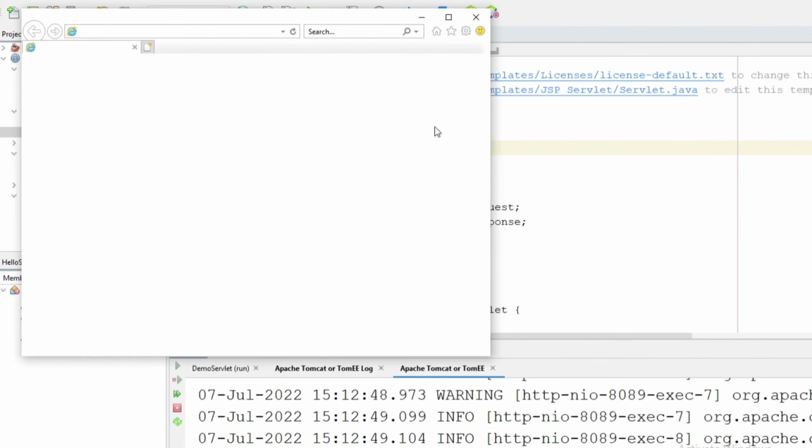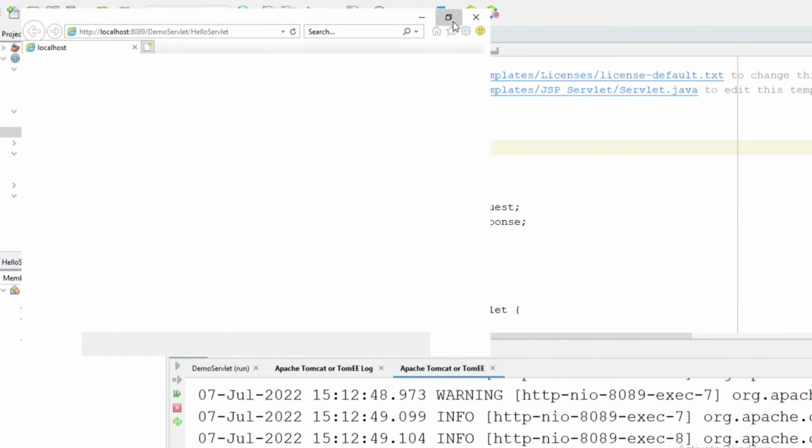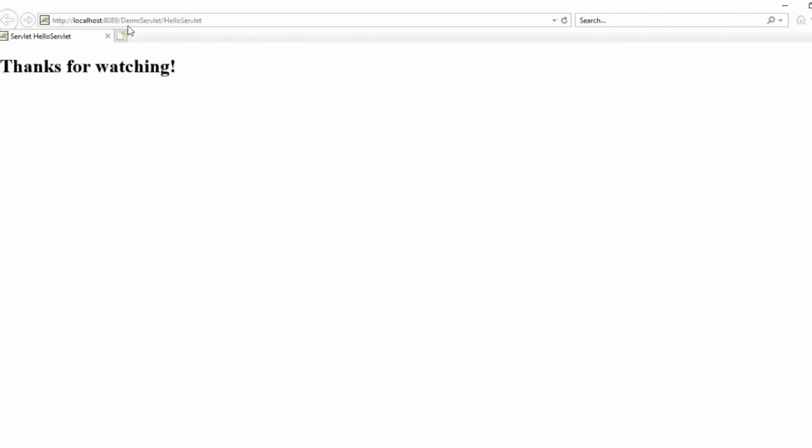Okay, now your project will be run on your default browser. So you can see I'm getting my output, and here it is showing me localhost colon 8089, which is nothing but my port number, and demo Servlet was nothing but my project name, and hello Servlet was nothing but my Servlet file. So this way you can create your Servlet project using NetBeans.